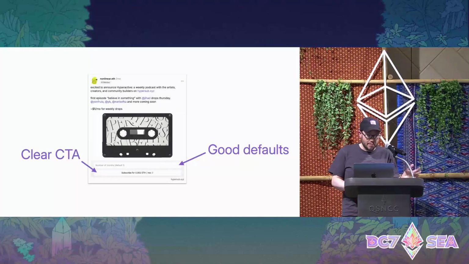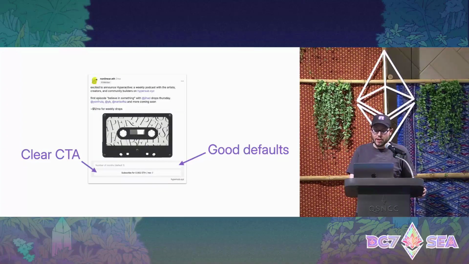Here are a couple examples I grabbed that I think are good frames. This one is from Hypersub, which is a subscription service. What I really like about this one is that it has a very clear CTA, just a single button, and it has really good default settings. You can see by default it will subscribe you to a single month. You can ask the user for complex input, but by default it is doing something with a good default. So this frame has a really simple, straightforward, single-click workflow. You send the transaction, and it shows you the receipt right away. That's it. I think this is a great way to bring a really simple call to action directly into the feed.